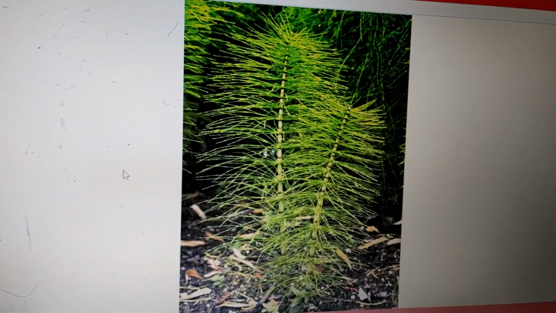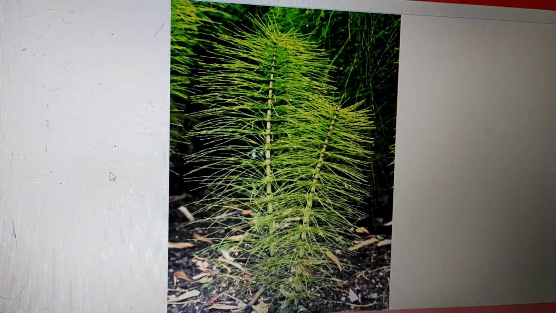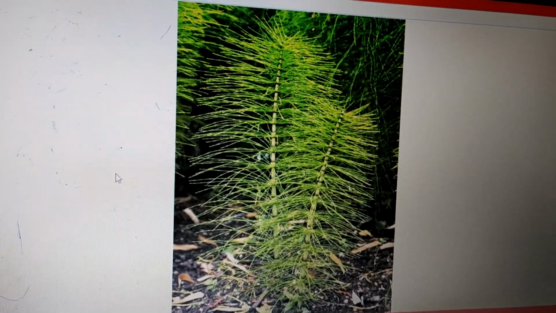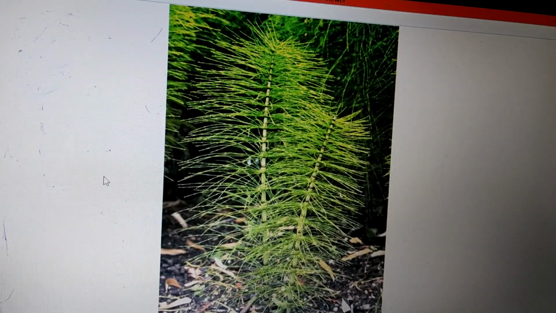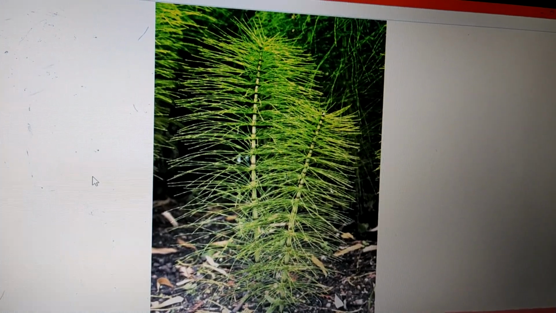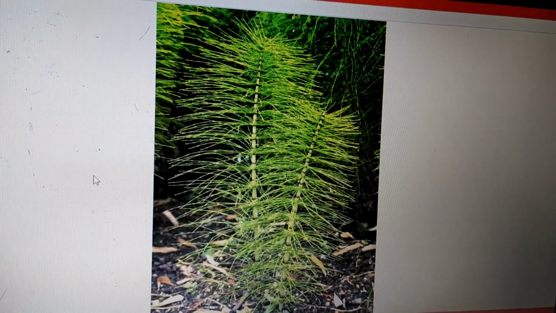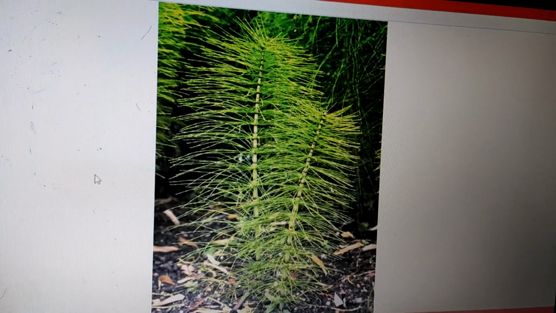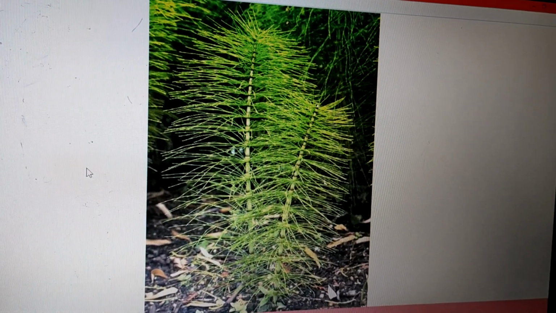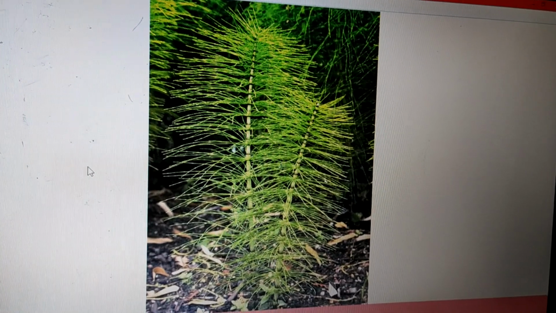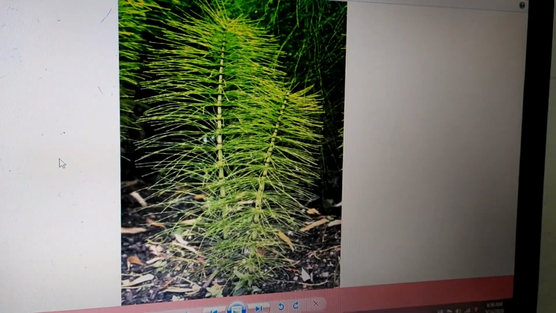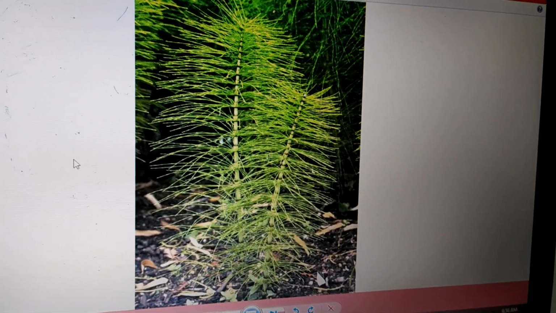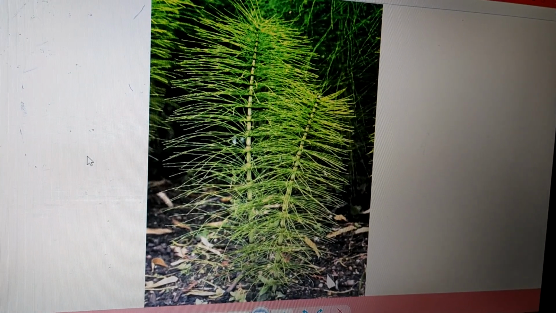Apart from this, Equisetum has silica deposited on the outer wall. The outer wall of the Equisetum has a deposition of silica. That's the reason they have a characteristic rough feeling. Thus, it provides a protective covering against predators and pathogens. Rough feeling in the sense, obviously, it is going to provide protection against these enemies, which include predators.